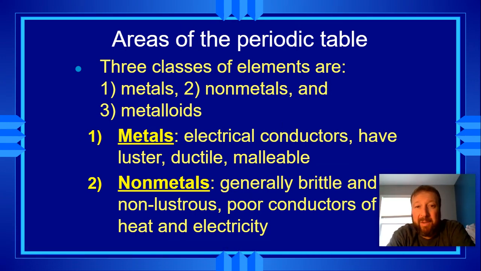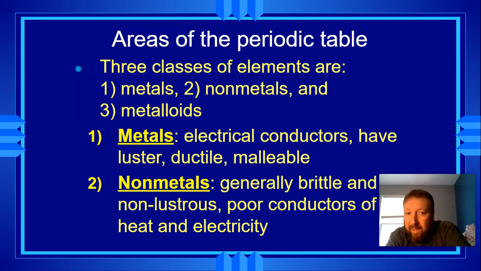Second objective we wanted to look at were the three main classes of elements. Those are metals, nonmetals, and metalloids. Metals and nonmetals we talked about both in chapter 3. Metals are ductile, which means they can be drawn into wire. They're malleable, which means they can be bent without breaking. They have a luster, which means they're shiny. They are good conductors of heat and electricity,